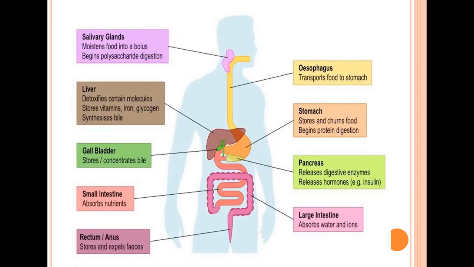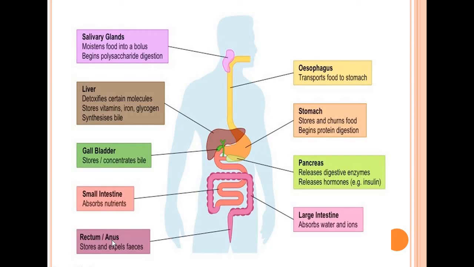Now this is the whole human digestive system, and this is a slide that helps summarize everything at a glance. We can see the salivary gland present at the back of the mouth, which moistens the food. The esophagus transports the food to the stomach. Here you can see the stomach, a muscular organ on the left side of the abdominal cavity, storing and churning the food. Pancreas: you can see the yellow, flower-leaf-like structure. Here is the large intestine, and the small intestine that absorbs the nutrients,